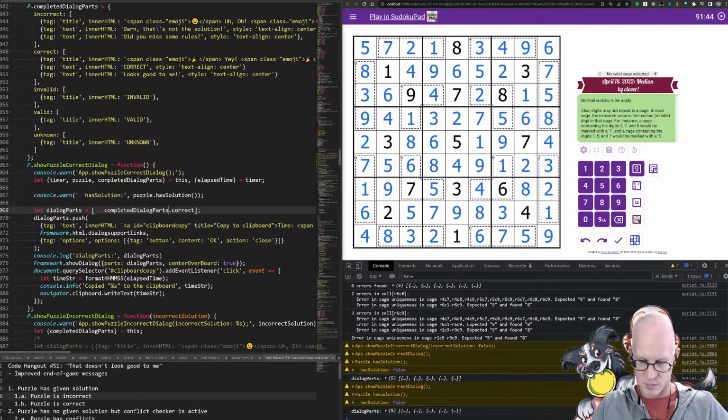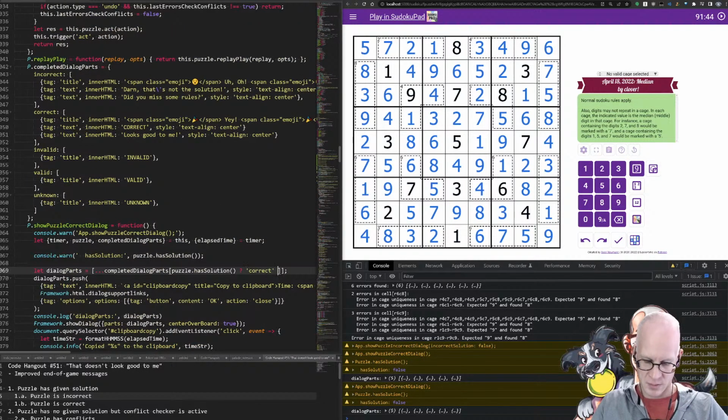So then this becomes stringified. And then puzzle.has solution. If we're correct and we have a solution, it's correct. And if we don't have a solution, it's valid.